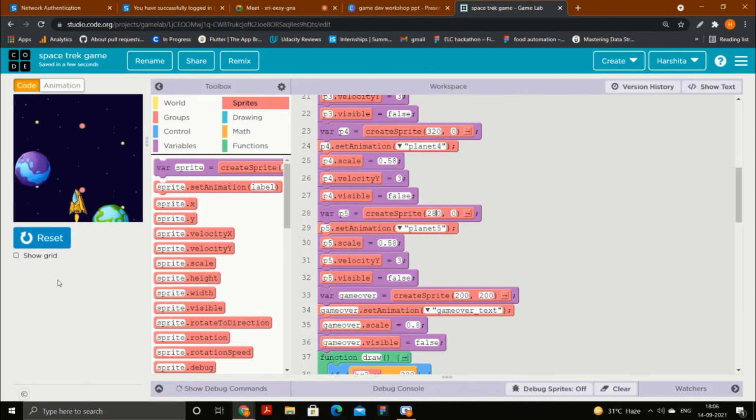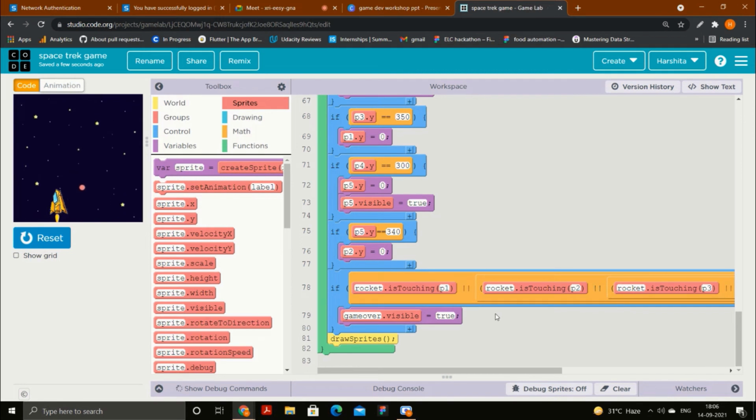So if you don't want the rocket to... okay, so it's creating a problem. See, it's just a matter of coordinates, and there are no fixed coordinates. You need to check it. You need to change the position and all, and see which coordinate fits the best here. See, 290 is fine, and I need to shift the rocket slightly like this. So I will just touch any planet and let's see. The game over is visible.